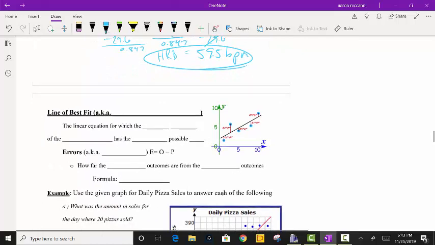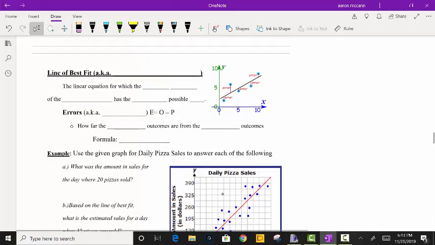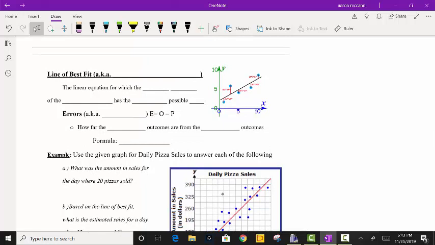Alright, so that's what we're talking about. The next thing that we're going to move into is how we use the line of best fit. And the line of best fit is also known as what's called the least squares line. So sometimes you'll see that in your math assignments, and it's just meaning the same thing as the line of best fit. It's the linear equation for which the sum